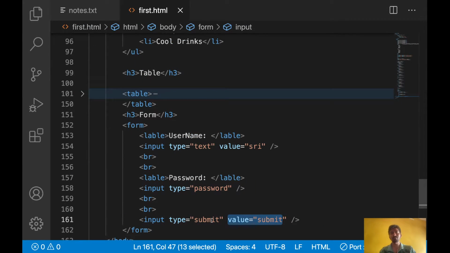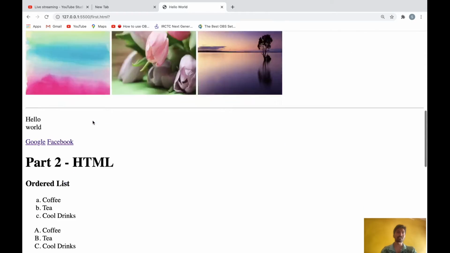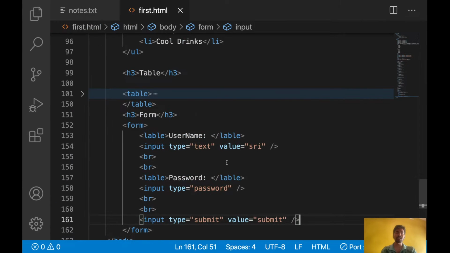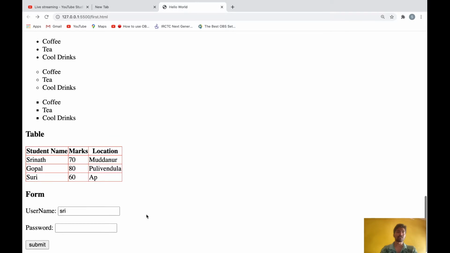Input type submit means for submitting the form we will use this kind of thing. Now if you submit it, it will navigate to the same place, because here we need to give one action file. That is not required in this case. Let's leave it for now. For now this is the basic form: username, password, and submit.